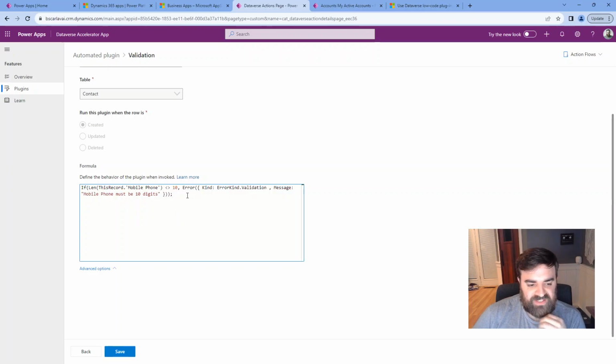So in this case, I click mobile phone. So len is an expression to check the length. So we're checking the length of mobile phone on the contact. We're saying if, so we're doing an if statement. So if the length of the mobile phone is not equal to 10, then we have this error function